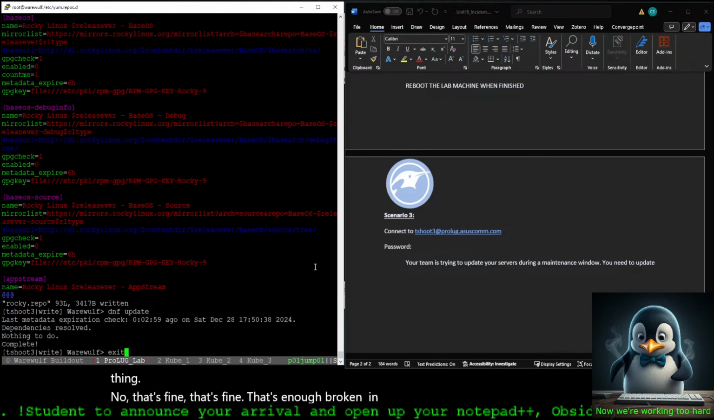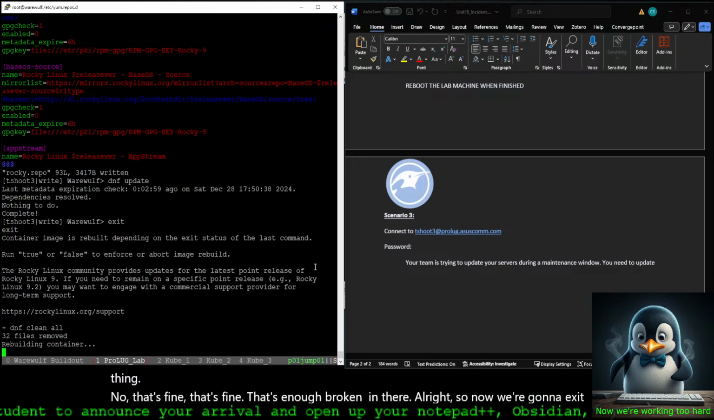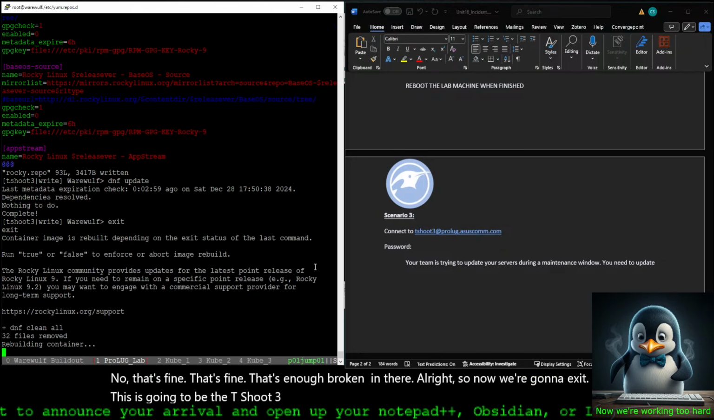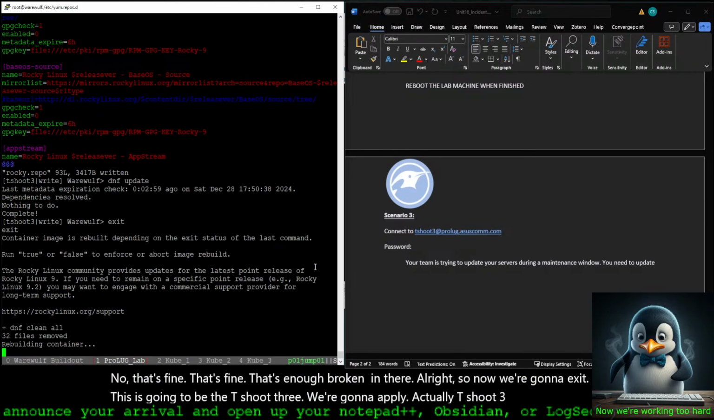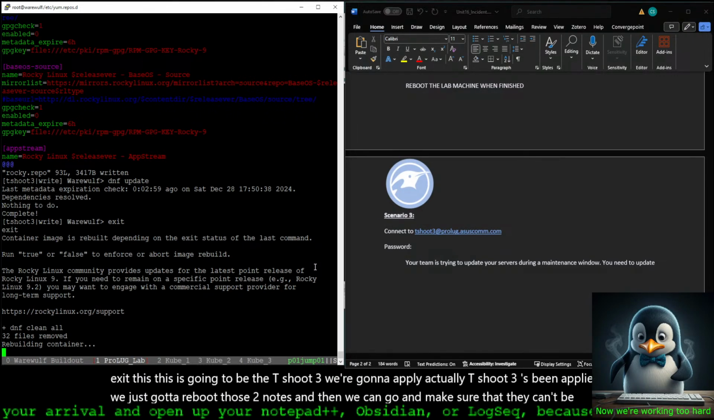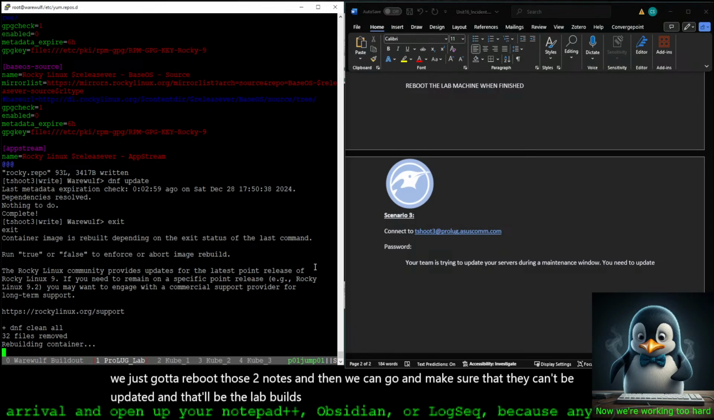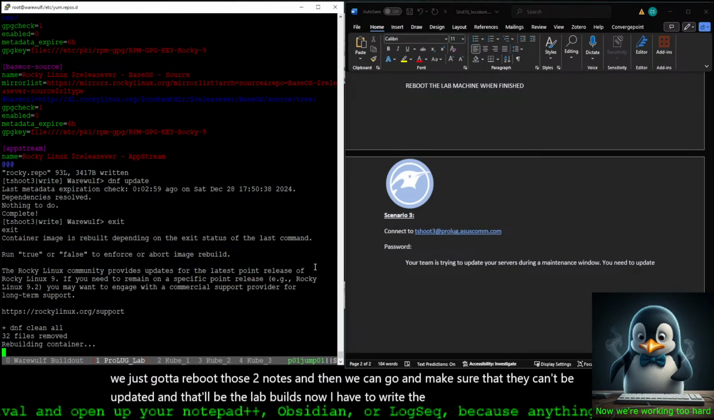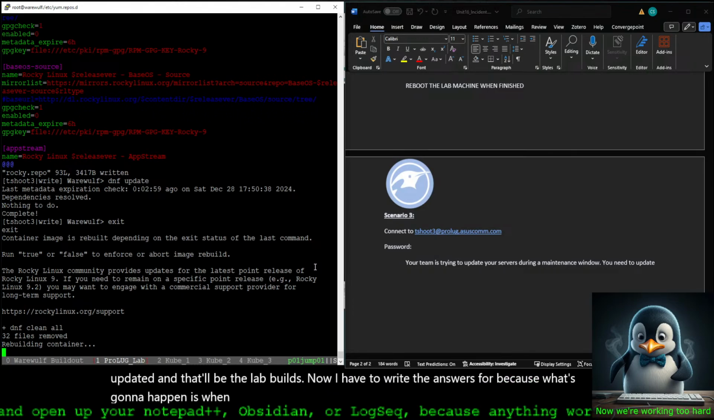All right, so now we're going to exit this. This is going to be the T-Shoot 3. Actually, T-Shoot 3 has been applied. We just got to reboot those two nodes, and then we can go and make sure that they can't be updated. And that'll be the lab builds. Now, I have to write the answers because what's going to happen is when people are down in there doing these labs,